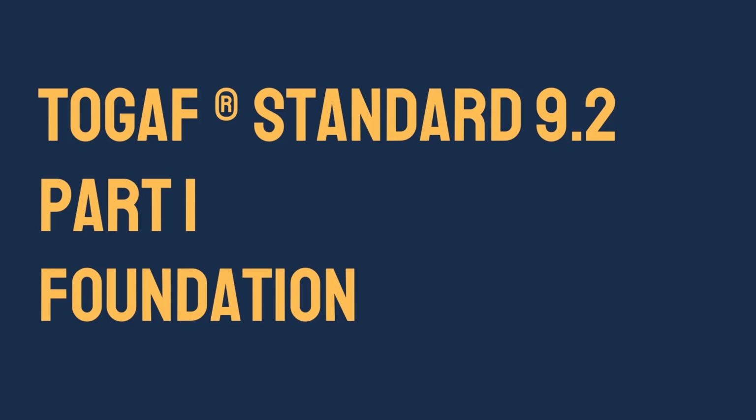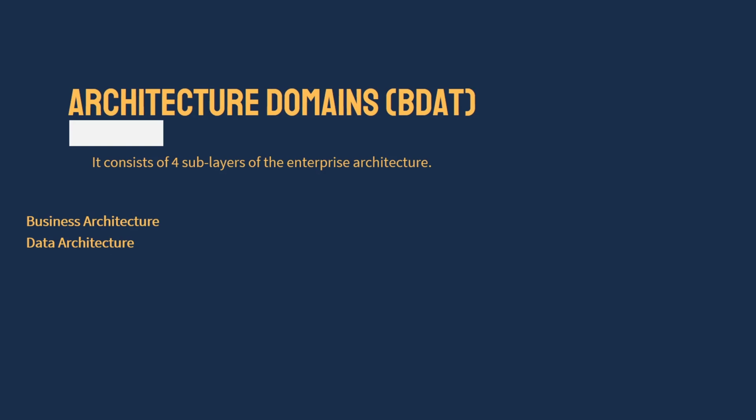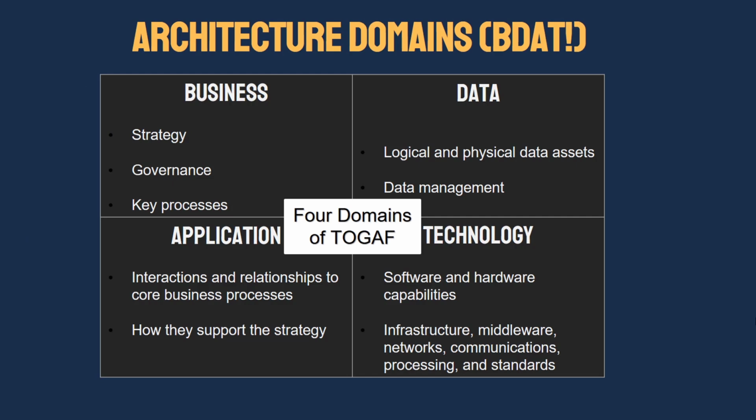Architecture domains, BDAT. We also want to cover the four architecture domains, BDAT: business architecture, data architecture, application architecture, technology architecture. This is referred to as the business domain, where we talk about things like strategy, governance, and key processes. Following up, the data domain refers to the logical and physical assets that we have and the management of those assets to make sure that things are not lost, are at the right level of quality,